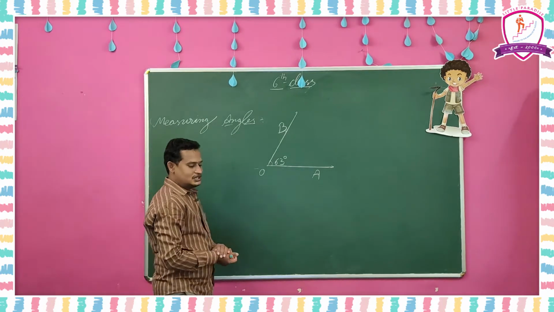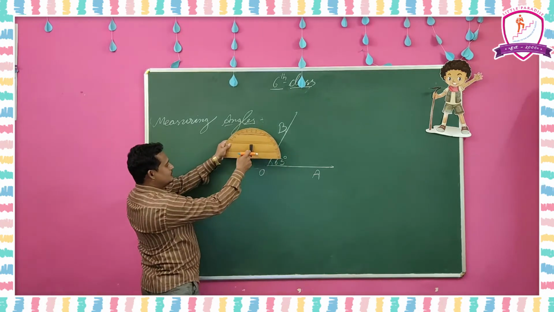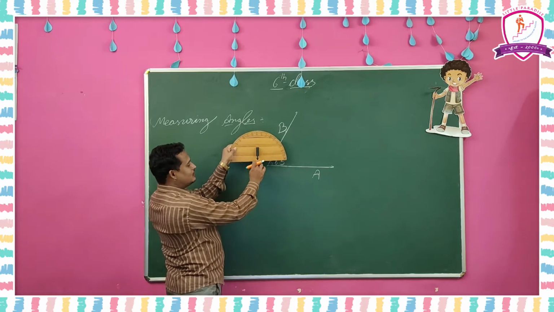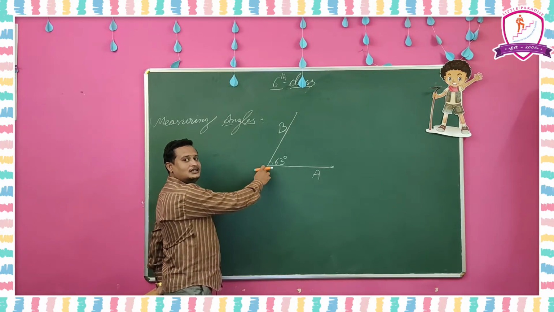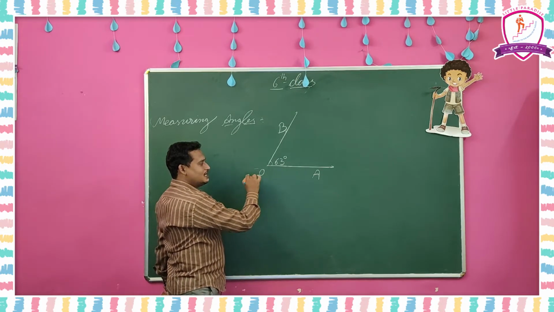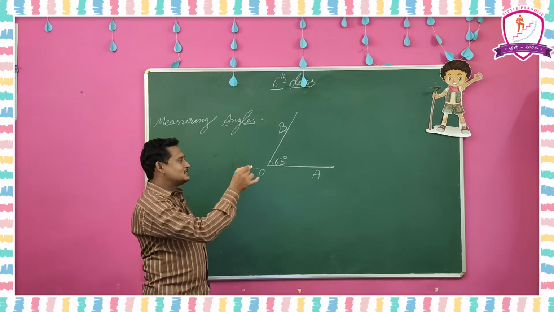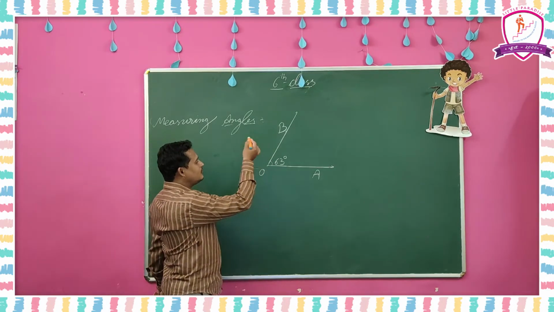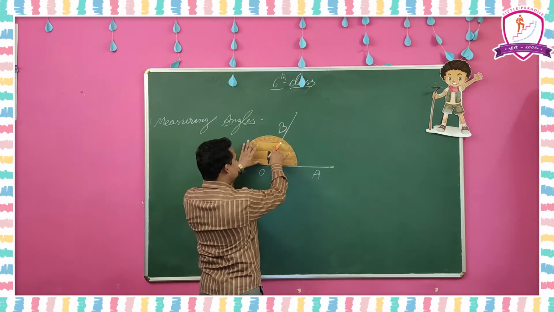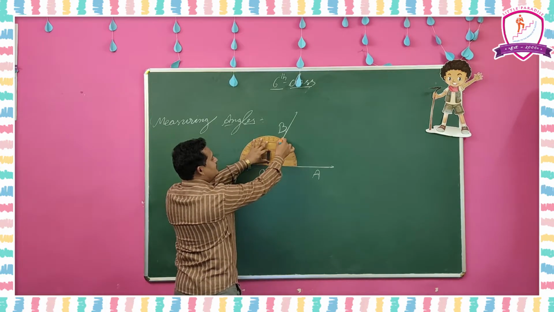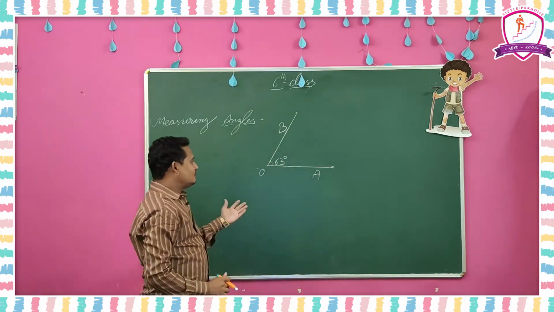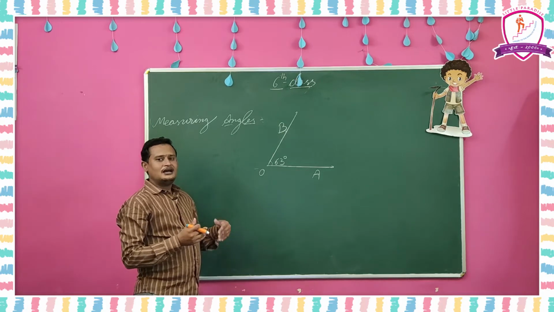You have to use this protractor, and this vertical line and this baseline must coincide at one place. That place must coincide with the vertex of the angle. Also, the base ray passes through one side, and that side's 0 must be considered. From there you see which measure the second ray passes through, count that, and write that measure here. Like this we can also form an angle with our own measurement.